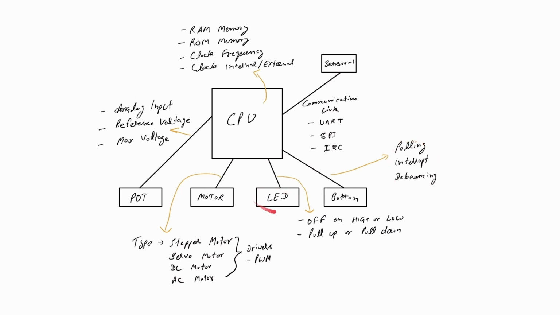You're going to have LEDs, so which signal you are going to provide to turn the LED on or off. That is hardware dependent and you need to figure it out. You also need to check the hardware schematic to find out if the outputs are pulled up or pulled down. If you have any motor, you need to see which type of motor it is: stepper motor, servo motor, DC or AC. And if you have any analog signal input, you need to know the reference voltage and maximum voltage